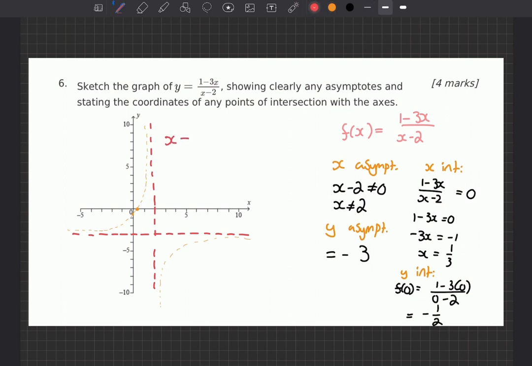So x cannot be 2, y cannot be minus 3. And you also need to specify your intercepts. So this is at x equals 1 over 3, y equals 0, and this is at x equals 0, y equals minus a half. And yeah,